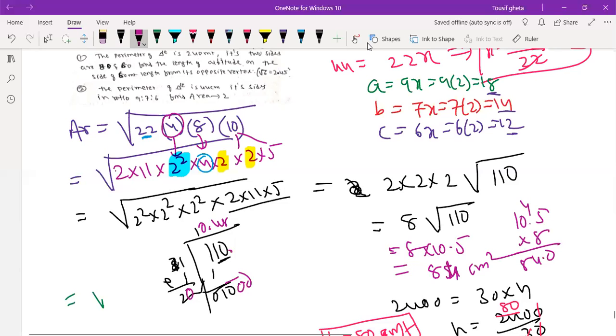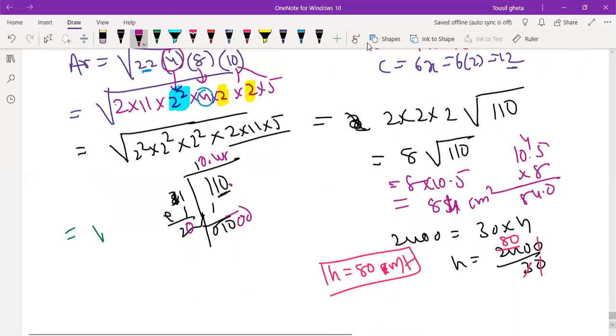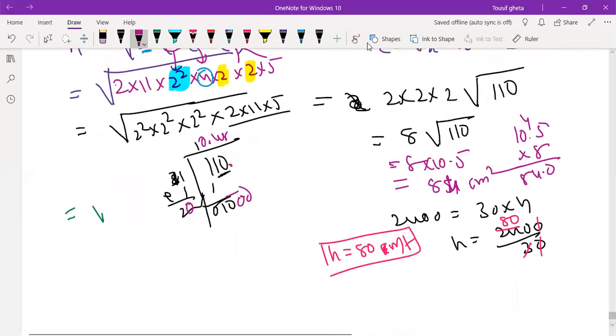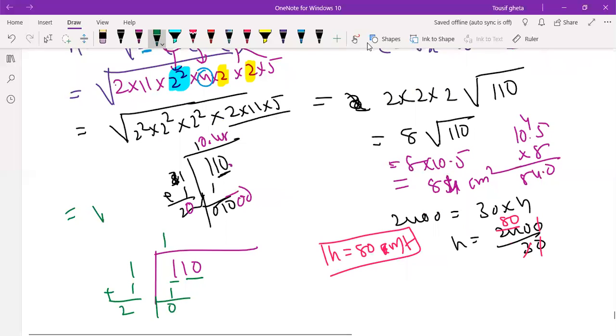If you don't know that, I can show you the division method. Let's see properly. 110. I taught you, you should pair from the last. 1 1 is 1. 1 minus 1 is 0. If you take down 10, it will not go, so 0 and 0. Then take 2 zeros down by keeping the point. It becomes 1000. Now you can take 4, I think. 204 into 4. Correct now.